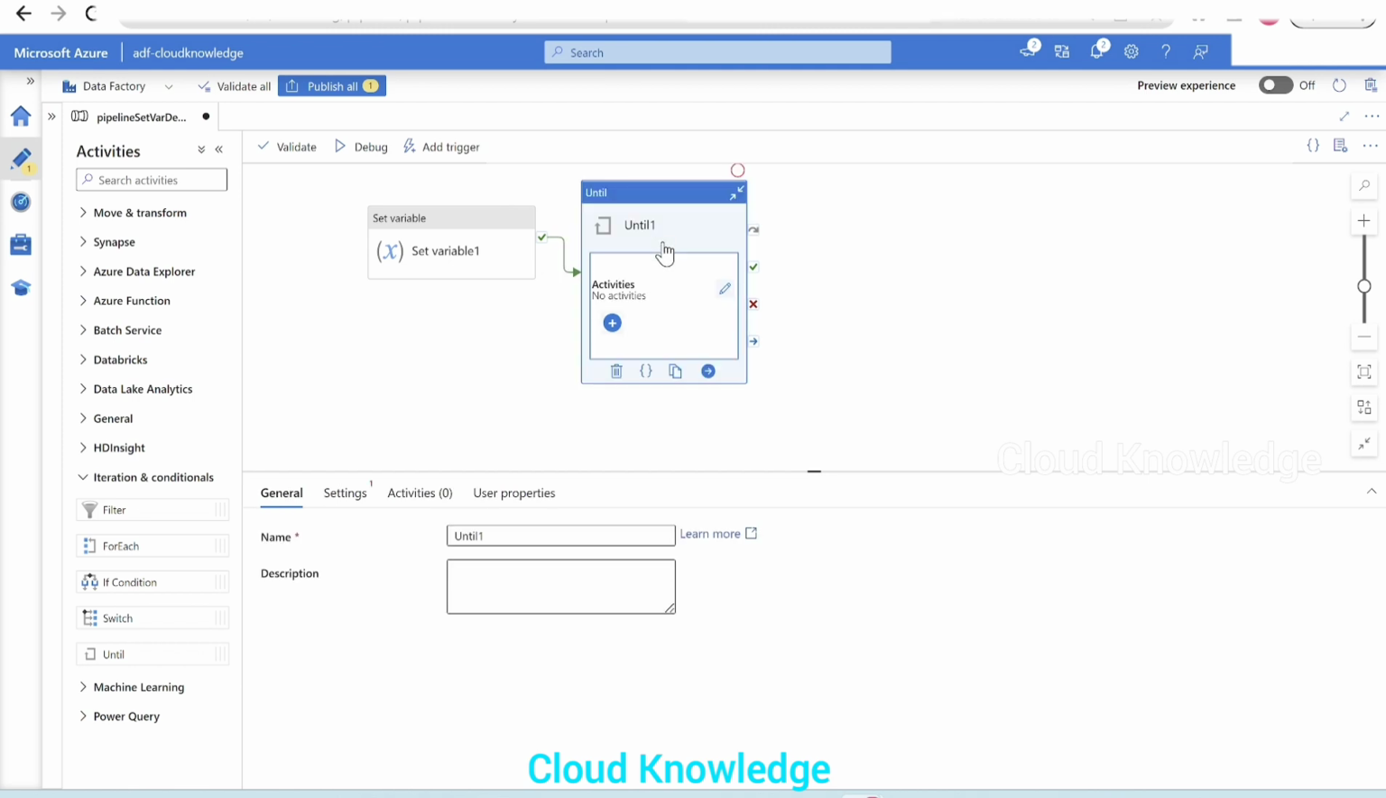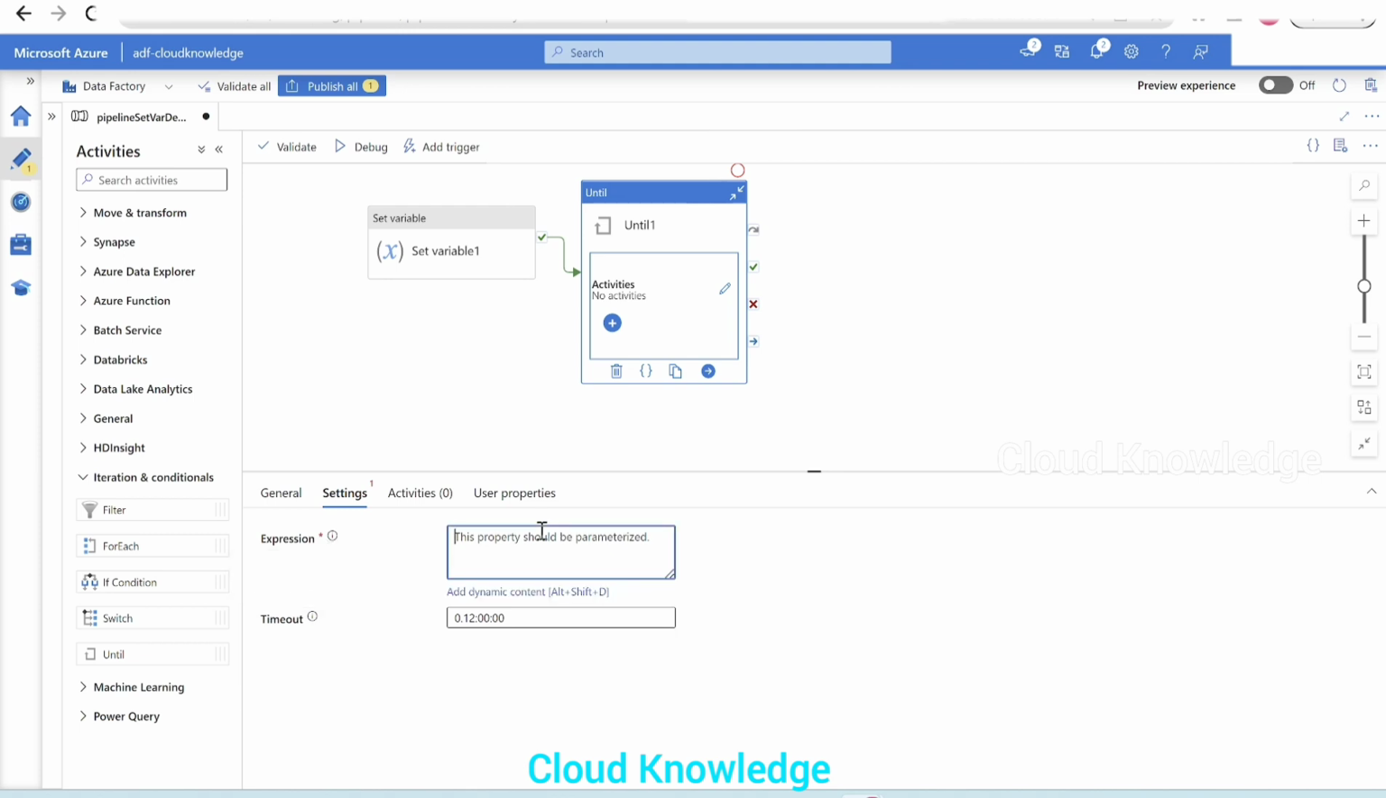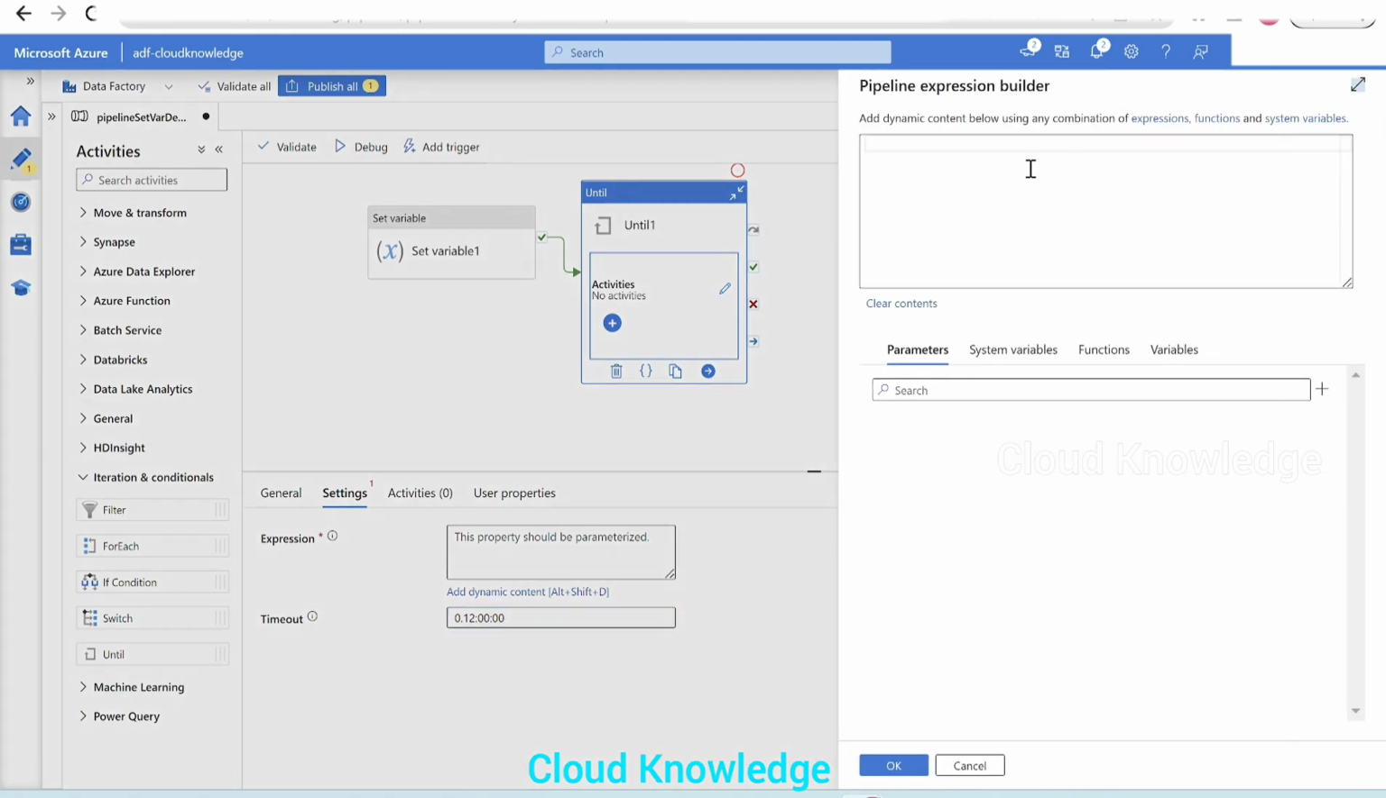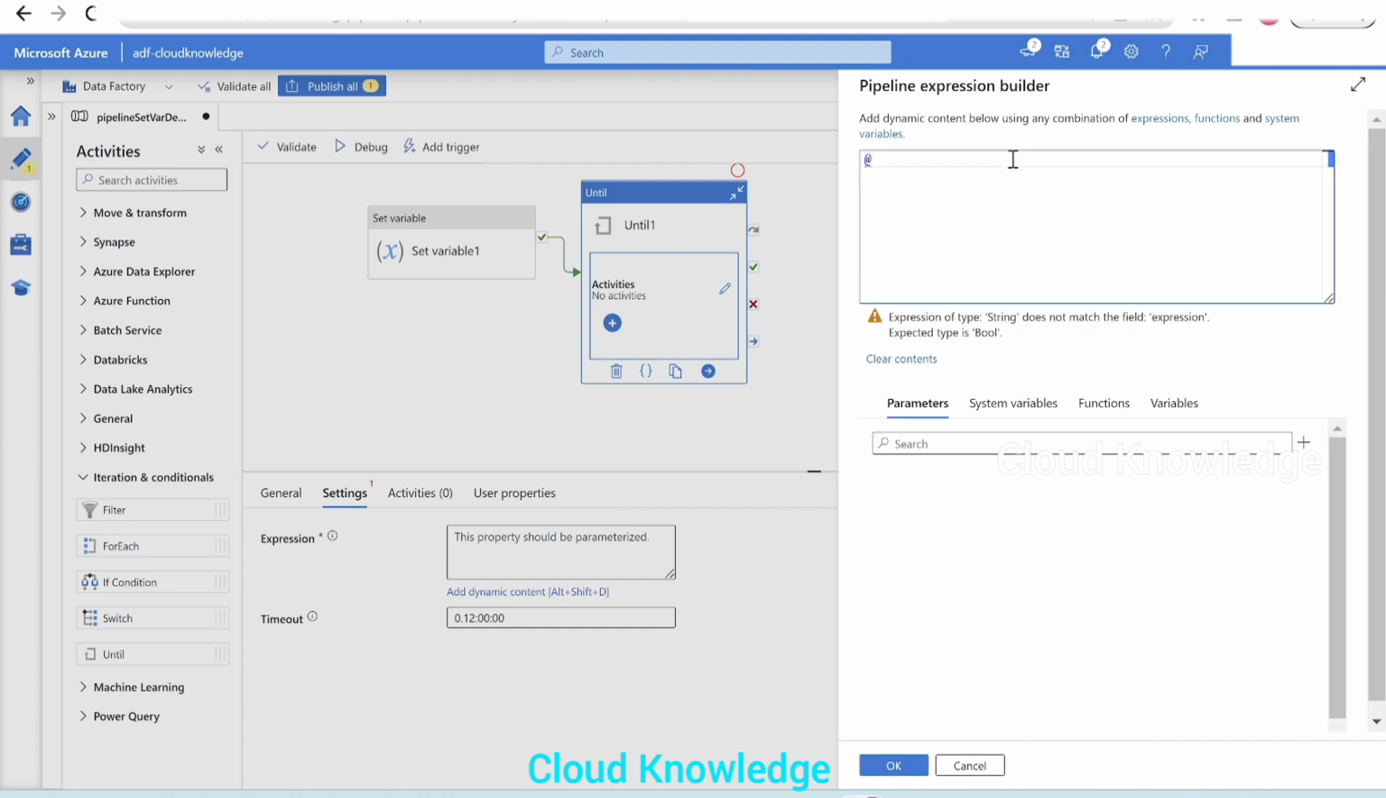Now we'll click on the until activity. In the until activity, we'll go to the settings tab. In the settings tab, we have to give the expression. Expression of until activity, the value must evaluate to true or false. It should be boolean. So here in the expression, we'll add the dynamic content, and here in the expression, we'll compare the variable var, which is coming from the set variable activity, whether it is equal to the string which we are giving here. So we'll write equals